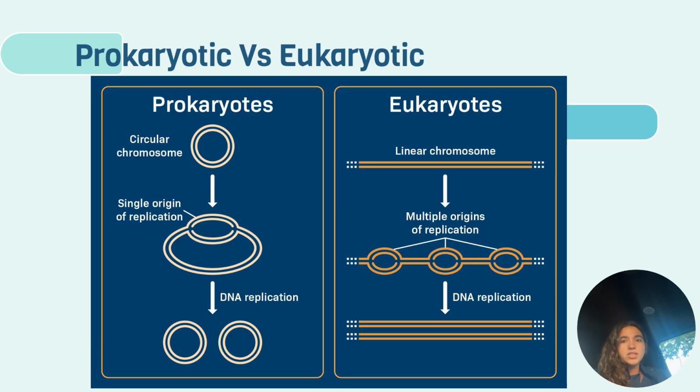Let's contrast how replication kicks off and is controlled in prokaryotes versus eukaryotes. In prokaryotes, the genome is a single circular chromosome with one origin, oriC. DnaA recognizes DnaA boxes at oriC and melts the AT-rich region. DnaA then loads the helicase DnaB via DnaC. As the fork starts to move, DNA gyrase, which is topoisomerase II, releases positive supercoils ahead of the fork, so the replisome can keep progressing. Replication continues bidirectionally until forks meet or are blocked by the Tus-Ter sites, which function like a one-way gate